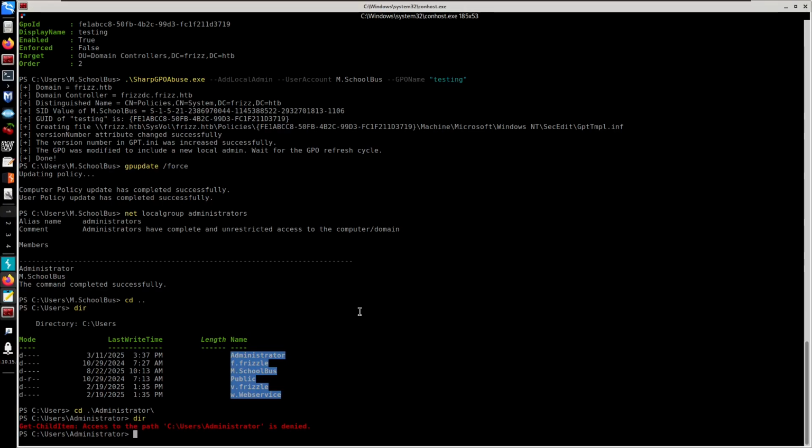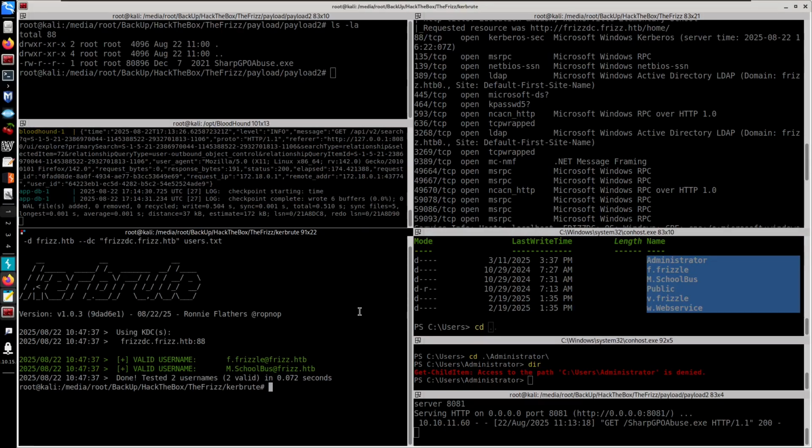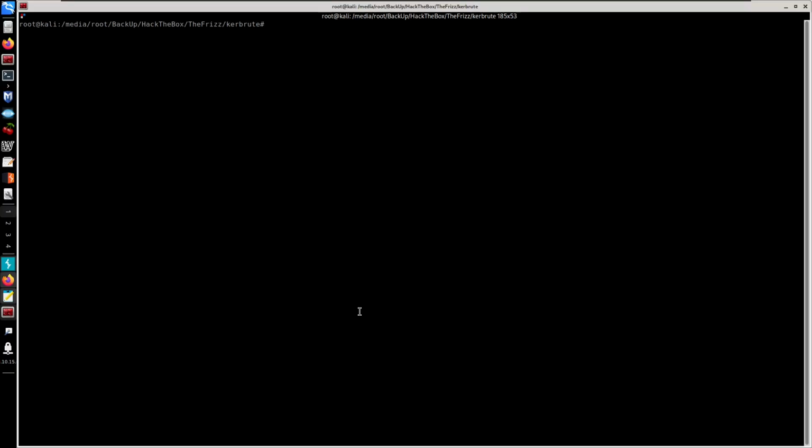So now since we are administrator, we can run any type of binary like an exe. I'm going to be using PsExec. This will allow me to run impacket. So I'll do impacket for PsExec, and we can get system administrator with that. So do a no-pass for frizz.htb for m.schoolbus. We don't have to capitalize, but we can do m.schoolbus